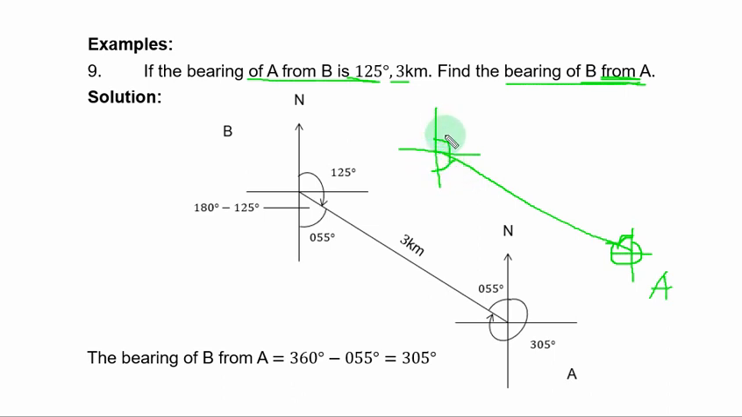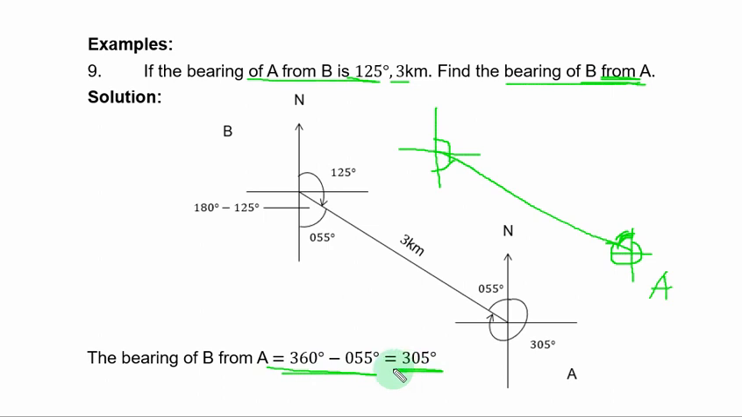Remember, the whole of this side is 180 degrees. From here to here is 125 degrees. So this other angle must be 55 degrees, so that when you add it, you have 180. This angle also becomes 55 degrees. Alternate angles. To get the bearing of B from A, you have to subtract this angle from 360 degrees, and that is